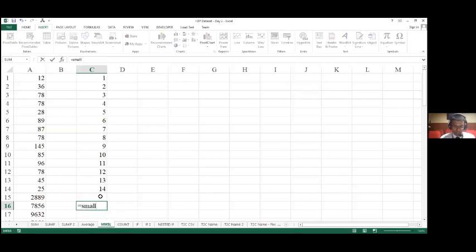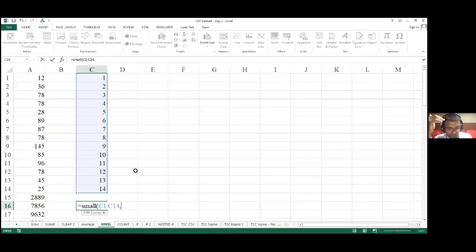Okay, we will start off with small. Open bracket, define the range, comma. Now you have to specify the position. In this case, I want to find out, from the smallest, the number at the second position.